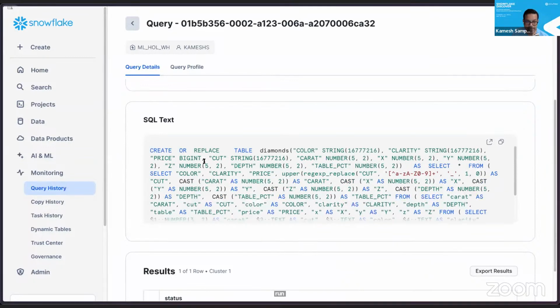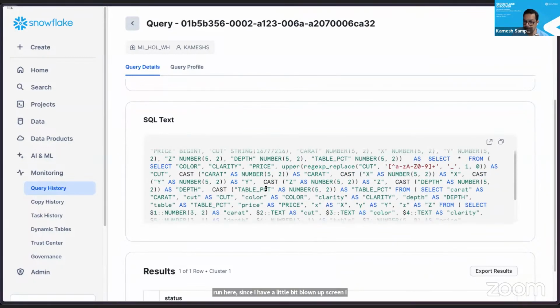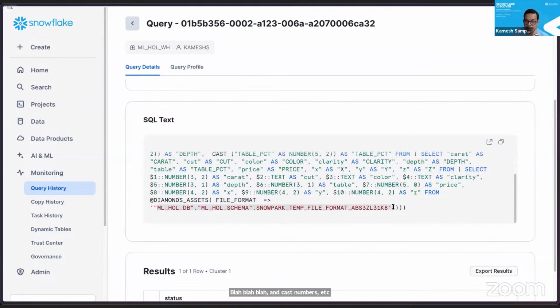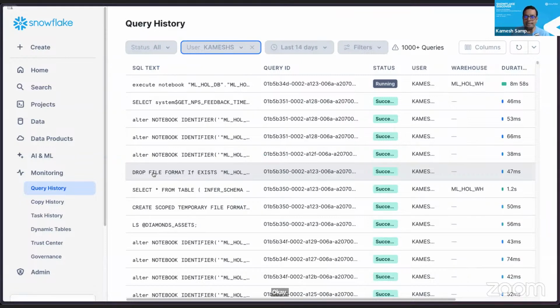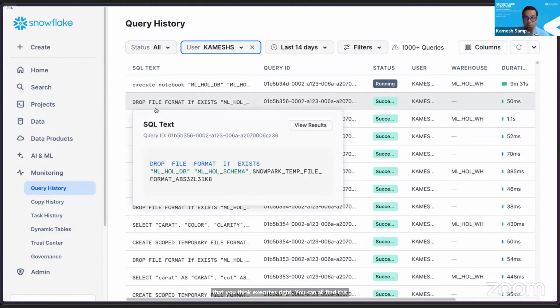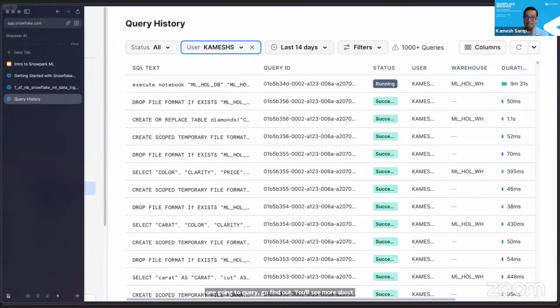You'll see the exact create or replace table and cast to numbers, etc. Take the data from the CSV using this file and then insert it. So this creates a temporary file and all this stuff. You can find out all the queries that your code executes by going to query history. We'll see more about this in a second when you go to the ML stuff, where you're going to see what other things Snowflake ML can do for you.